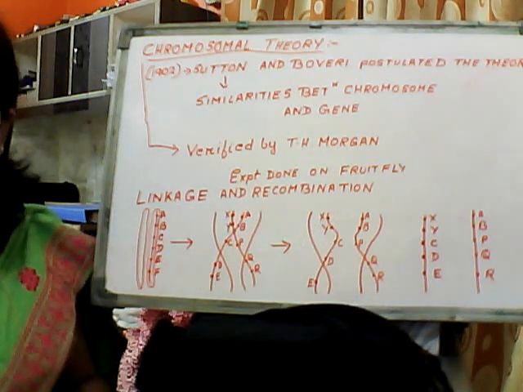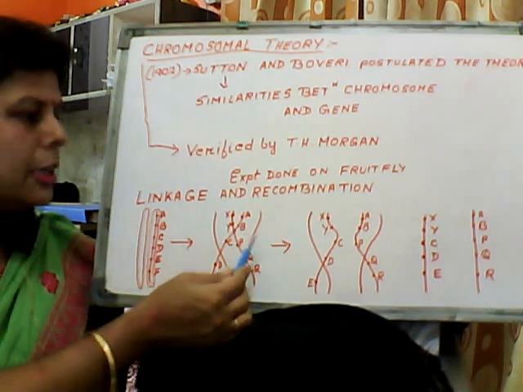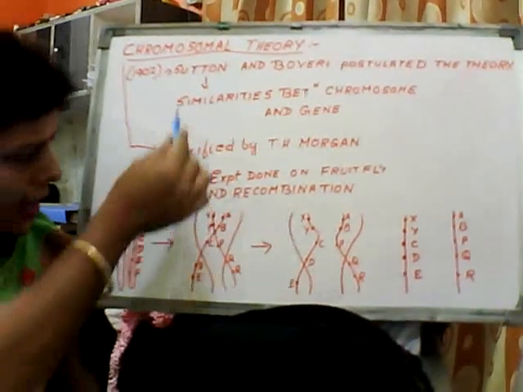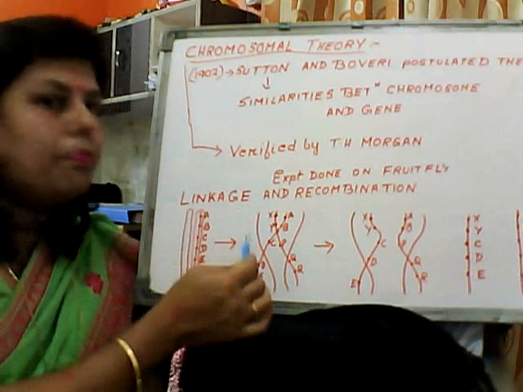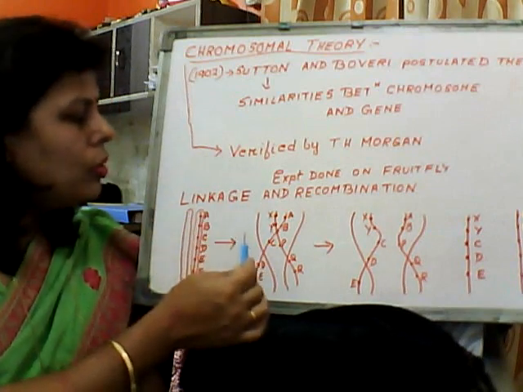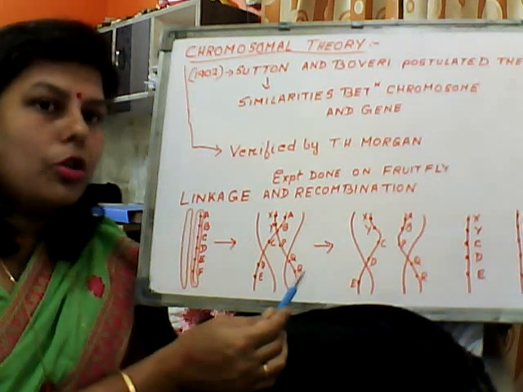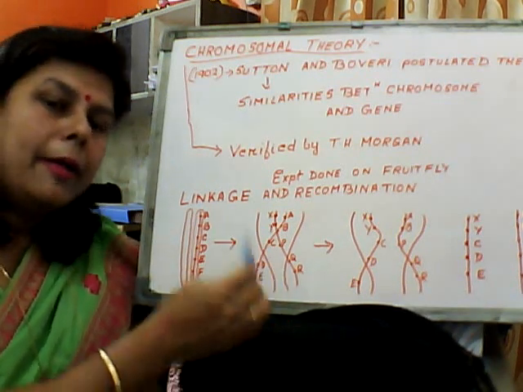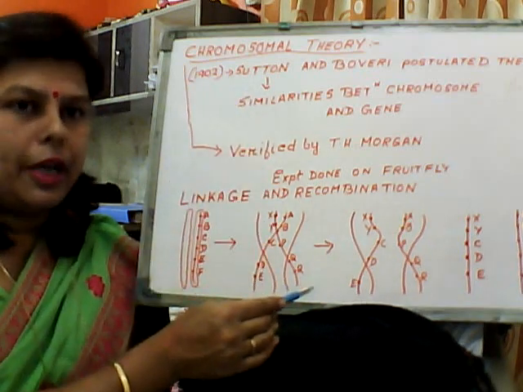So this much only for today. Your homework is that you just read these two parts. Tomorrow again we are going to discuss these two things, very important. Now, along with linkage, another term is there, that is the chromosomal map or gene map, which I am not explaining now. Next class I will explain. First, this concept should be clear.